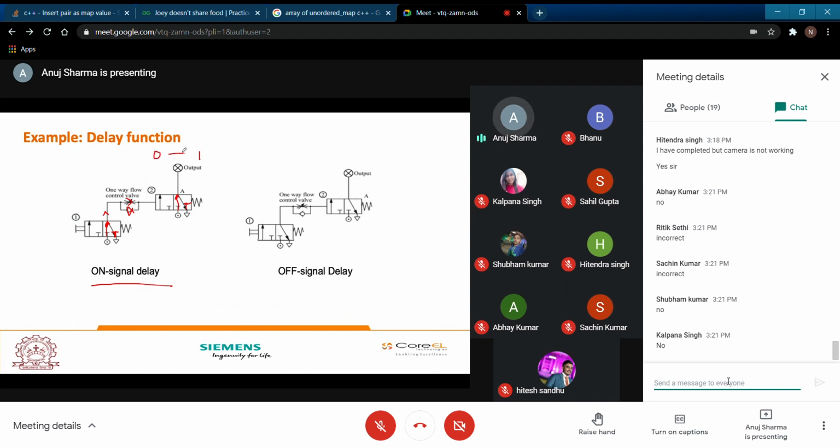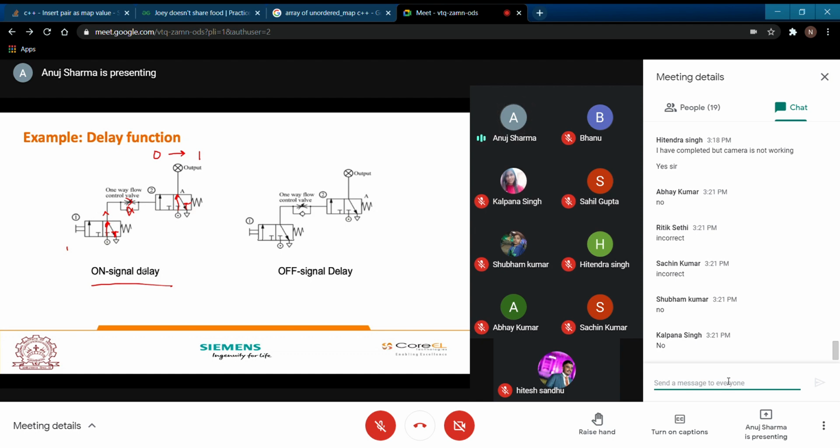When you are pushing it from 0 to 1, it will get instantaneously changed to this particular position, but the flow of air is throttled in this particular path. So this directional control valve, or DCV, will take time to switch. Because of that, there will be a delay in the switch of your on signal.